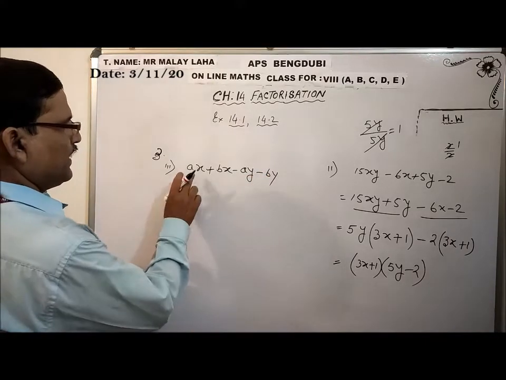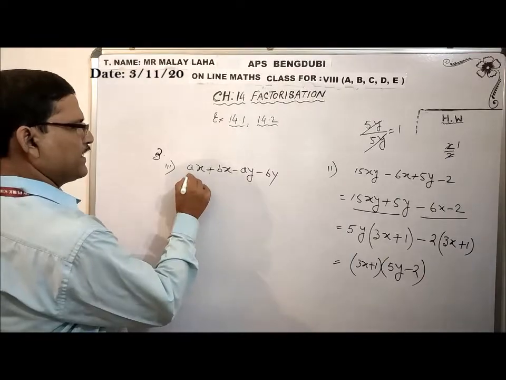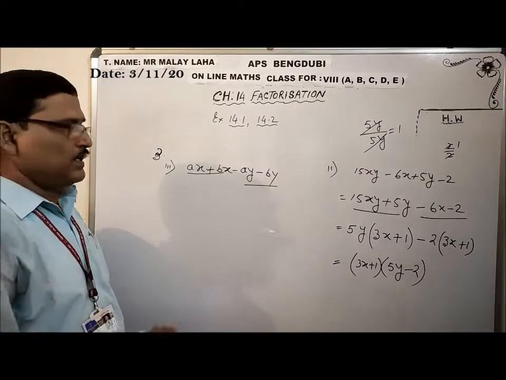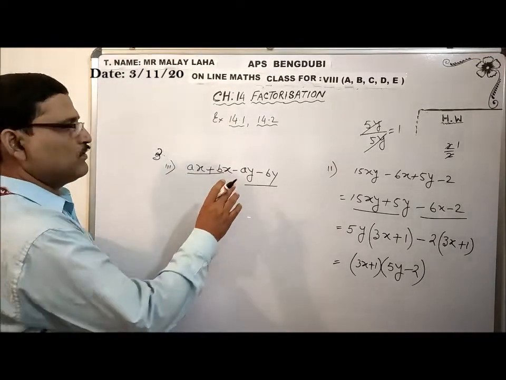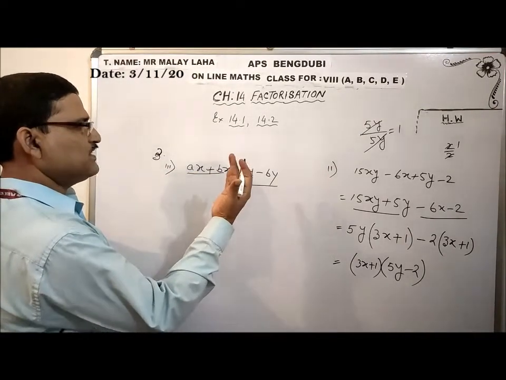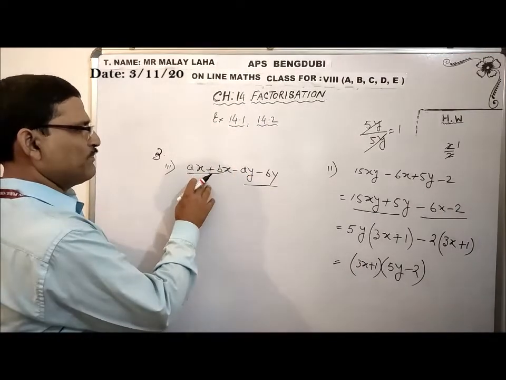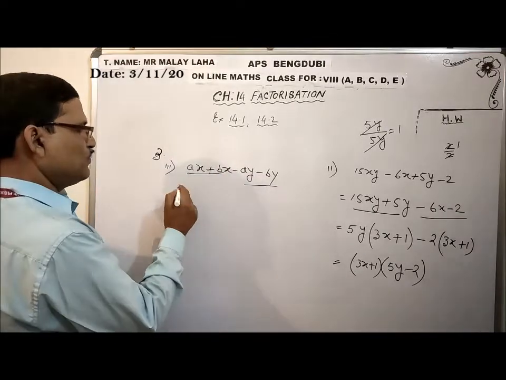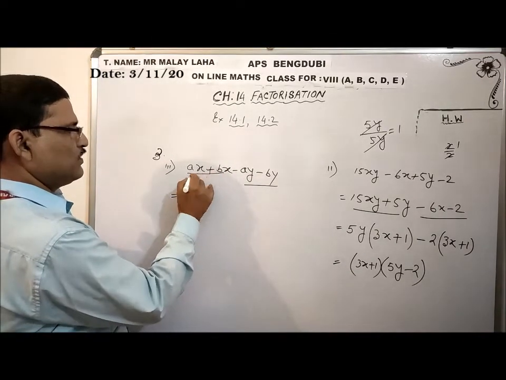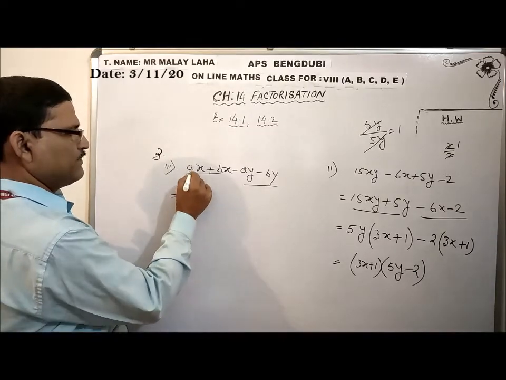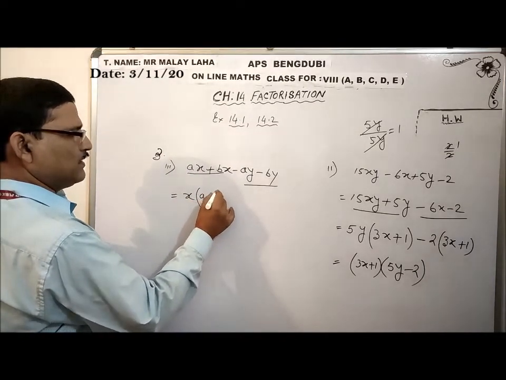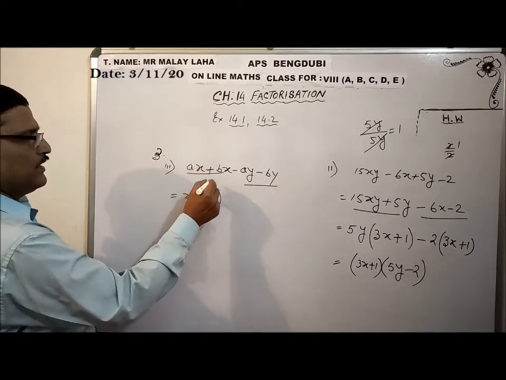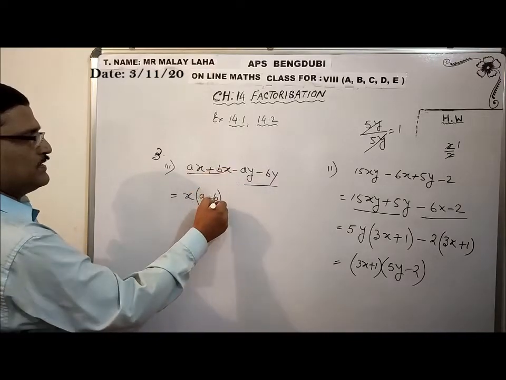What will we do? ax, bx. Okay. I can easily take common. ay, by. Okay. No need to shift. If you shift here, you can, but there is no benefit. Already I am taking only one factor common here. If I shift here, I will still get one factor common. So no need to shift. Okay. So now what is common in both cases? x is common. What is left out? a plus b. So if I divide by x, x is out, a is left. If I divide by x, x is out, b is left.